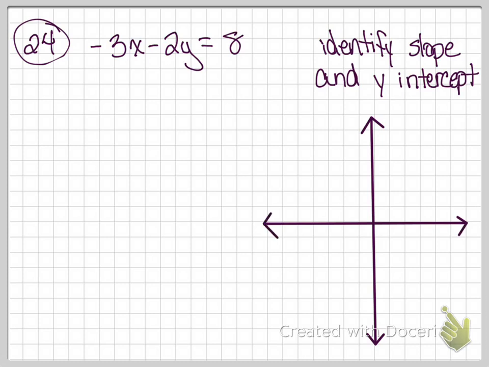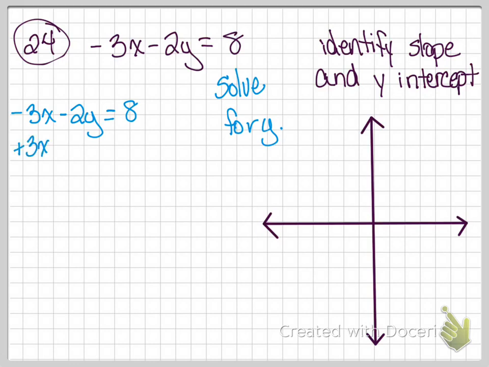Okay, before I can do anything, I've got to get it in slope-intercept form. So that means I need to solve for y. So I've got negative 3x minus 2y equals 8. I'm going to add 3x to both sides. And when I add 3x to both sides, I'm left with negative 2y. Don't lose that negative. Lots of students lose that negative right here. So be super careful with that negative right there. Don't lose it. Okay. And then I've got equals positive 3x